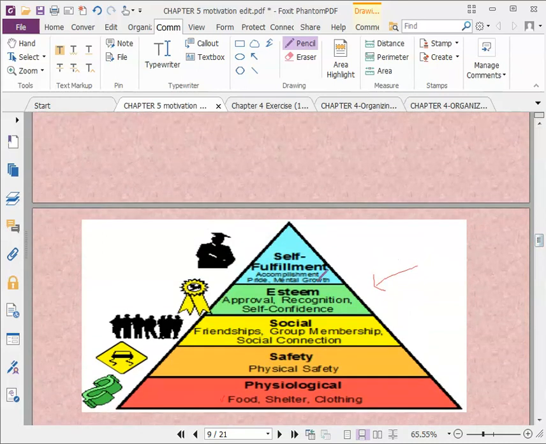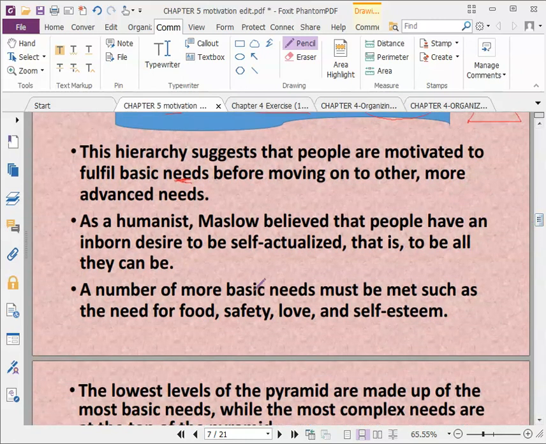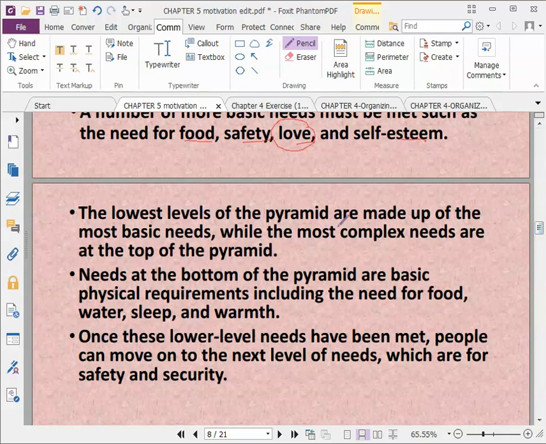Self-actualization is at the top of the pyramid. Self-actualization is the same as self-fulfillment. Alright, so a number of more basic needs must be met, such as the need for food, safety, love, and self-esteem. So other than food and shelter, as humans we also need love, the love from our parents, or the person who is our guardian. Self-esteem. And they say the lowest level of the pyramid is made up of